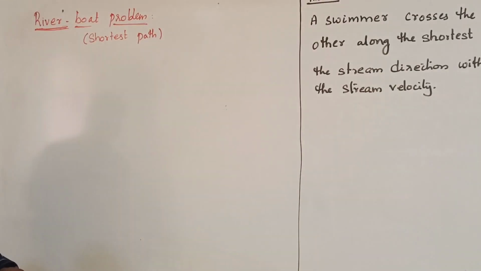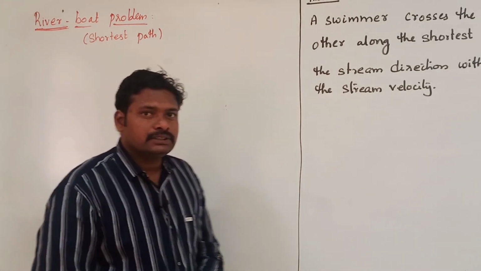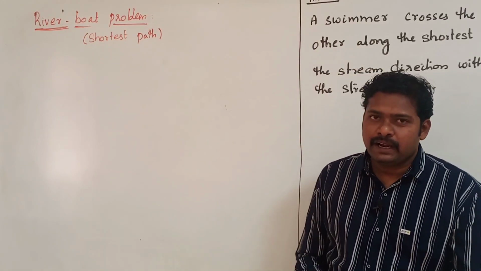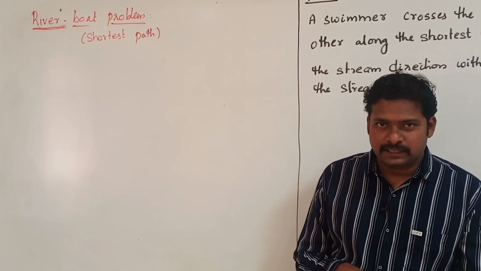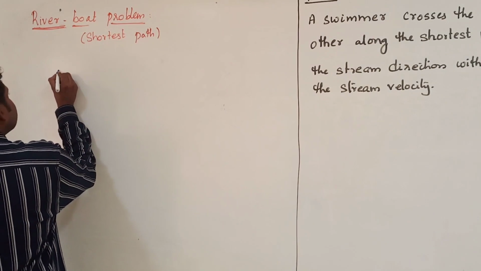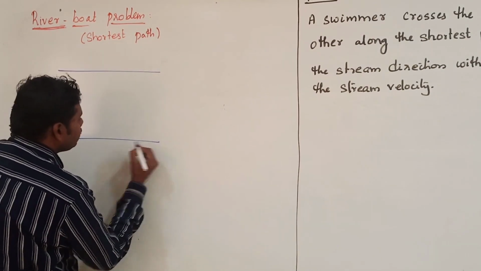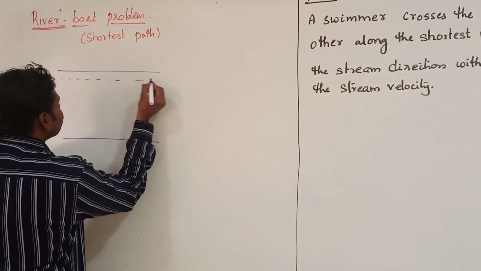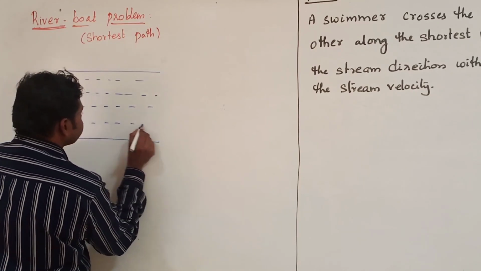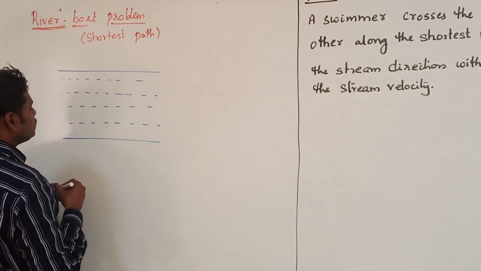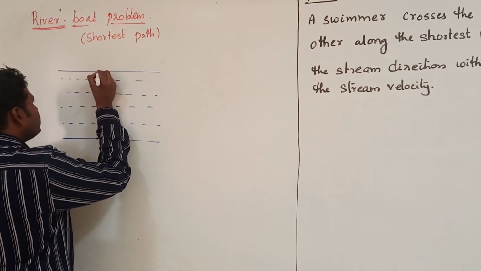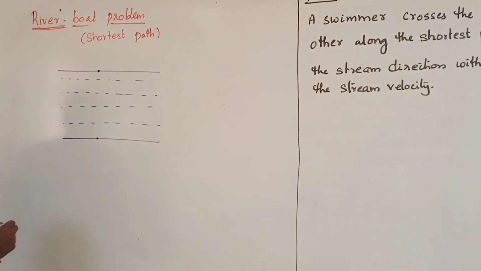Now, the riverboat problem in the shortest path. How to get the boat from one bank to the other bank in the shortest path. Earlier we had seen the longest path but shortest time. Now the shortest path, how can it be? Let's see. This is one bank and the other bank. This is water. So this is the boat starting point, and this is the destination where the boat wants to reach.